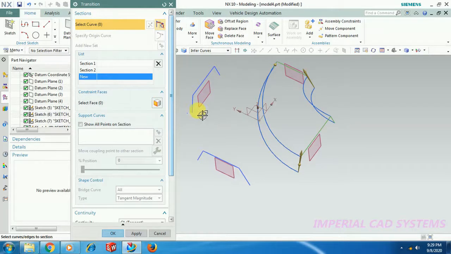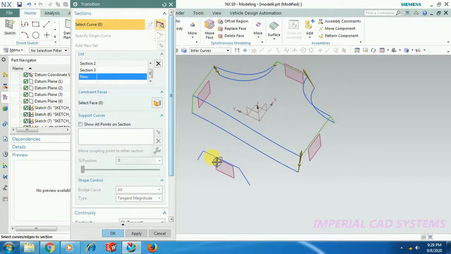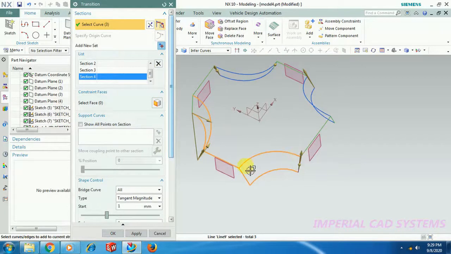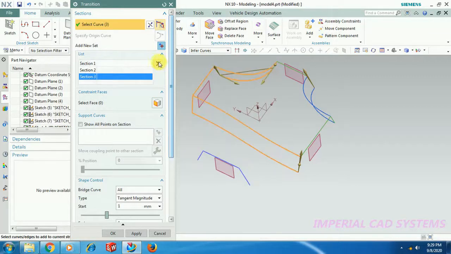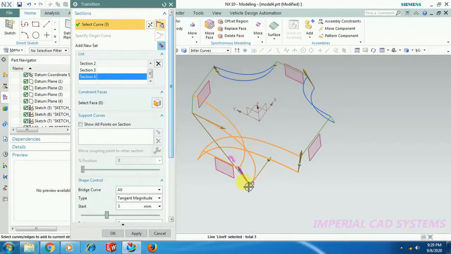If you select this side, there is a difference between selecting the outside element and the inside element. If I select this, we will get it like this. Then Add New Set. In case I delete this and add a new set with this profile, if I select the outside element, we won't get it.